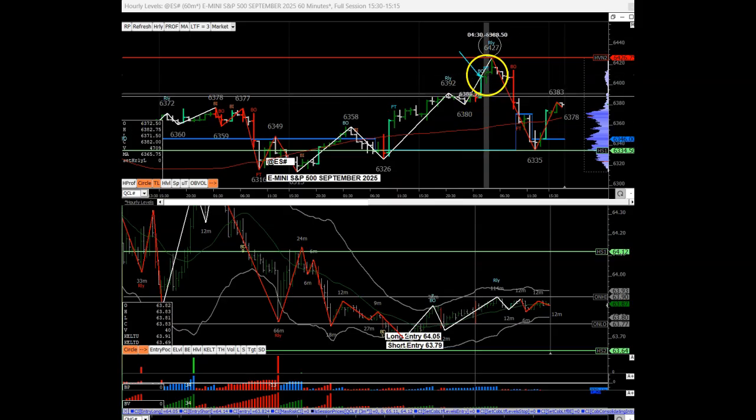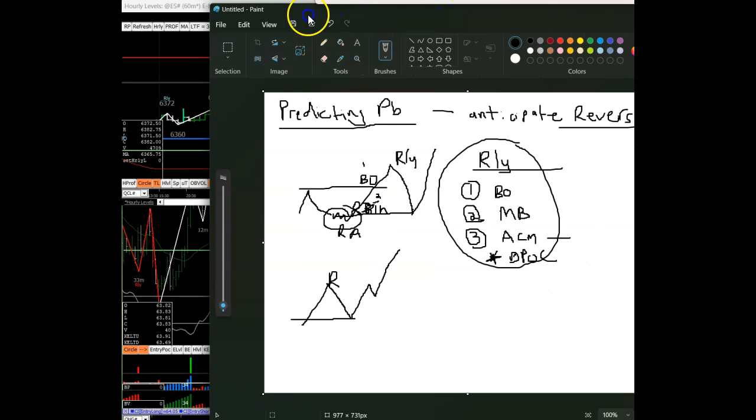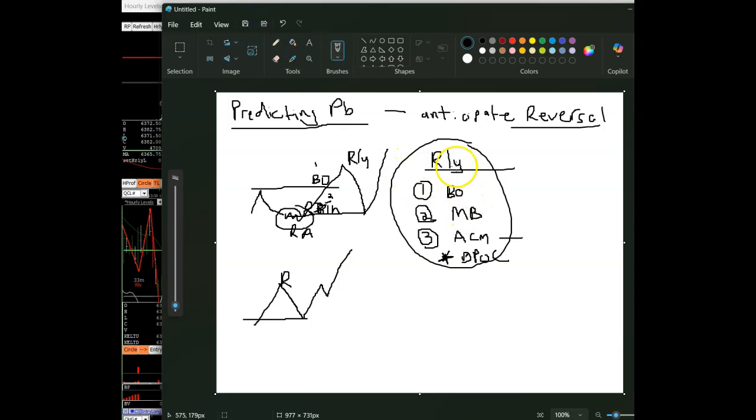The breakout component here, I told you about the three components. Rally has a breakout component, a markup bar component, an accumulation component. And let's put the fourth one, which is your max. Let's call it max accumulation. This max accumulation is where the reversal is very likely. The probability is very high. Alright, so 4 components: breakout, markup bar, accumulation area, and within that a max accumulation level. Alright, now the key is,